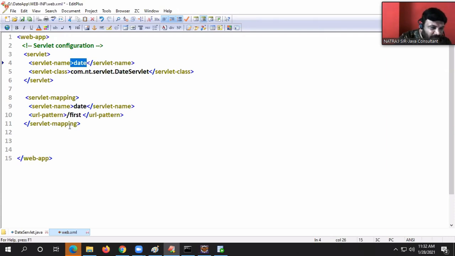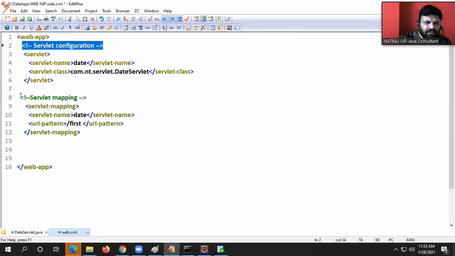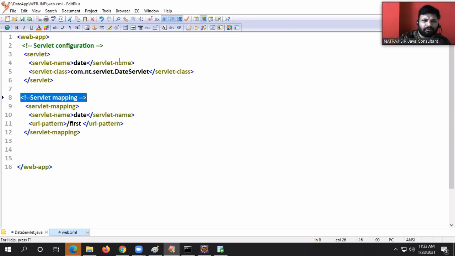And because of that matching only, the link has come between this URL information and servlet information. Here is my servlet configuration. Here is my servlet mapping configuration. I hope you enjoyed this one, guys.